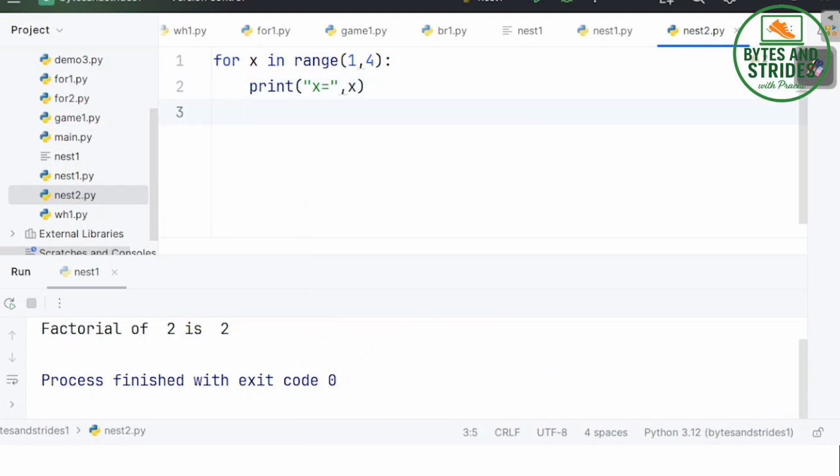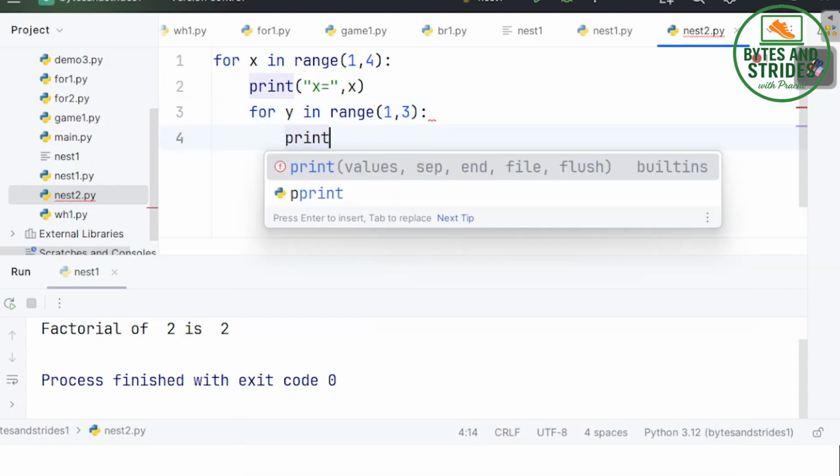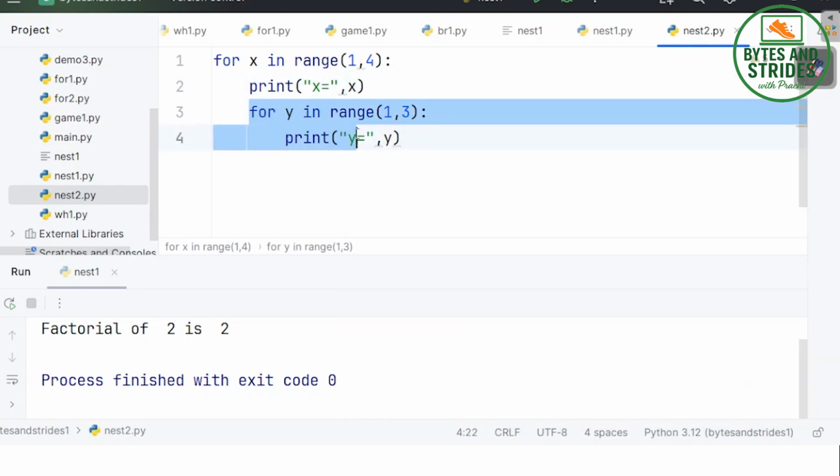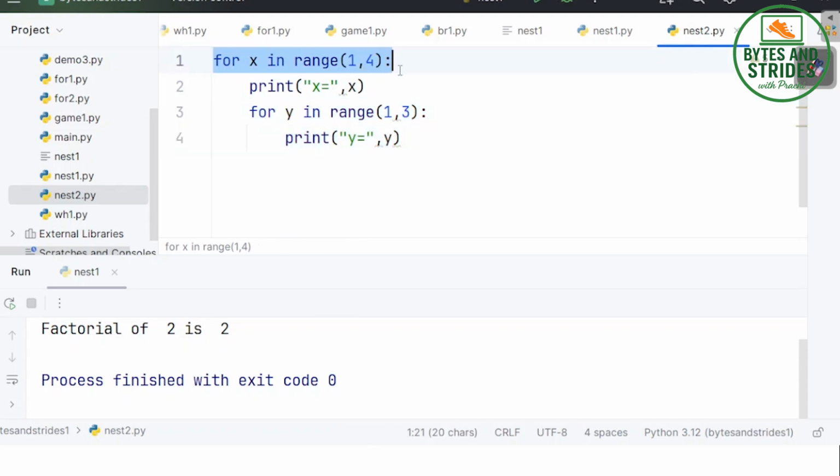Inside this loop, say I'm writing one more loop. For y in range 1, comma 3 this time, print y equal to 1. Now note over here, this loop is embedded inside the outer loop.